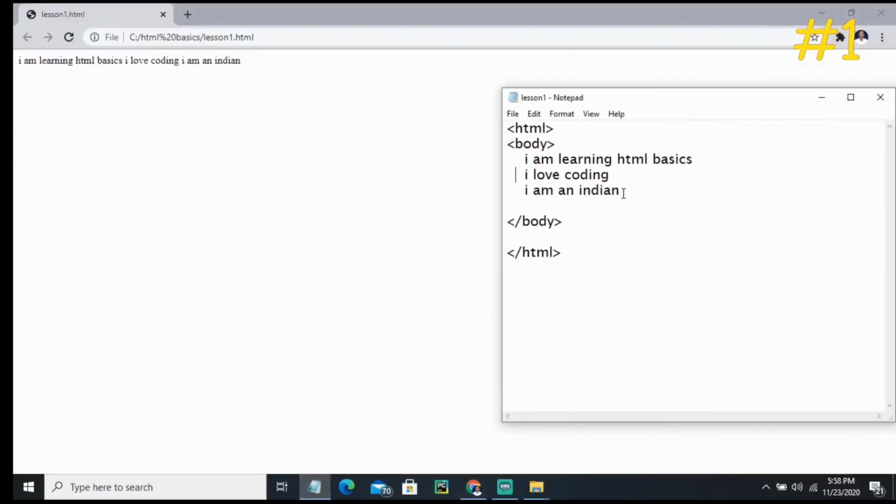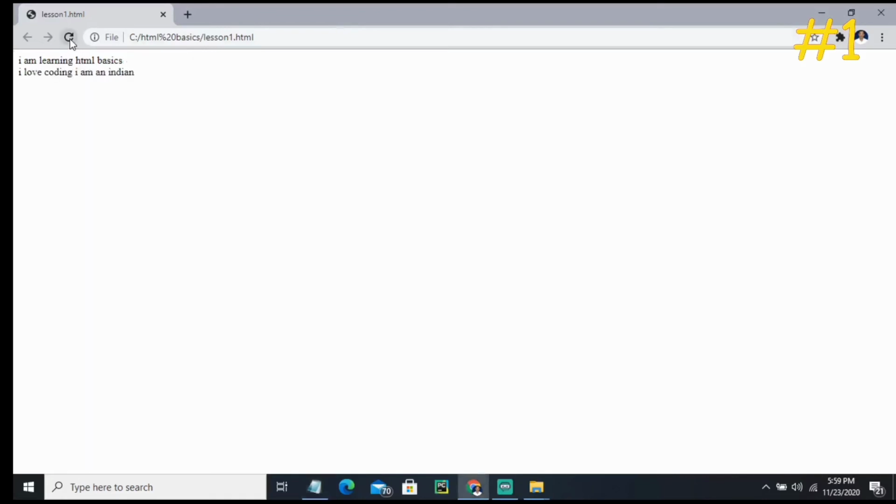So now you may have a doubt: why are these appearing in the same line, why can't I get this in the next line? For this we are going to use one more tag, that is the break tag, br. So let's save it, and after saving, let's refresh it. Here you can see I am learning HTML basics, then the next line appears here.